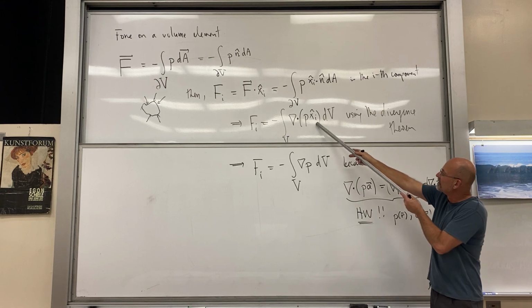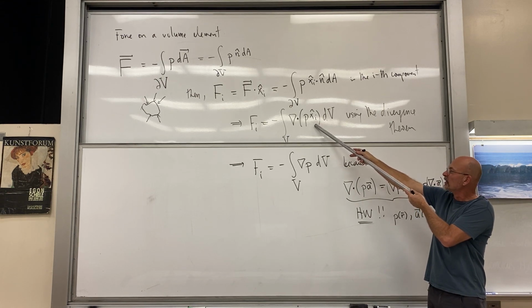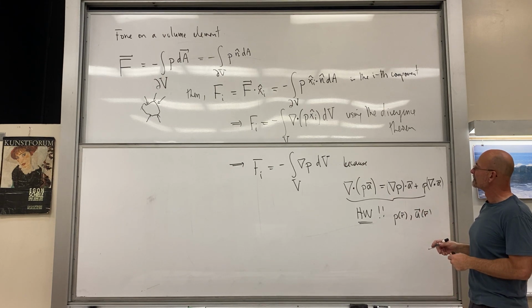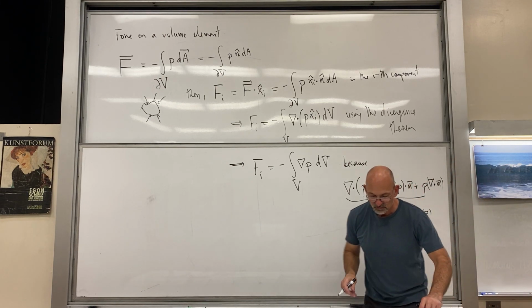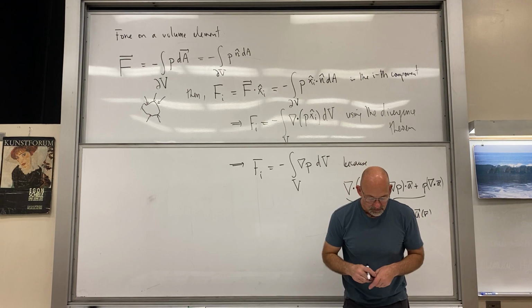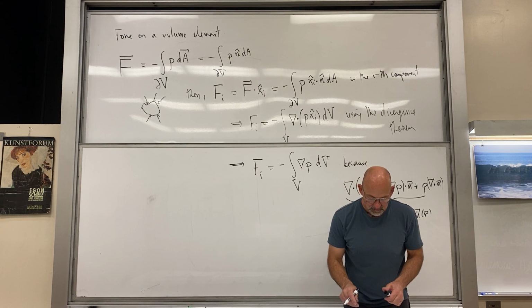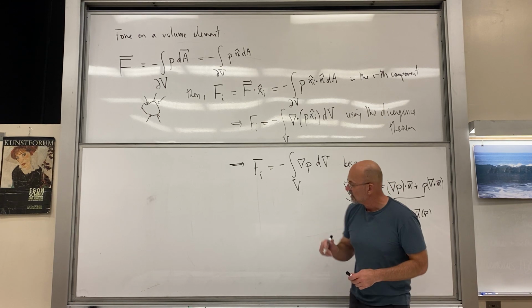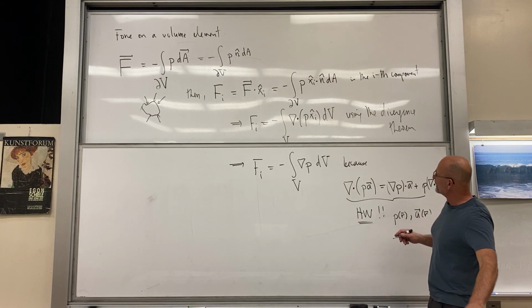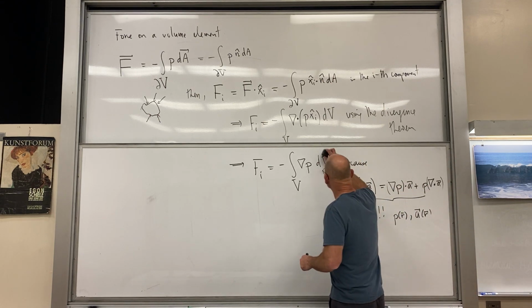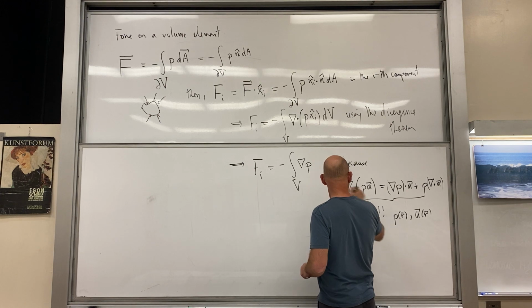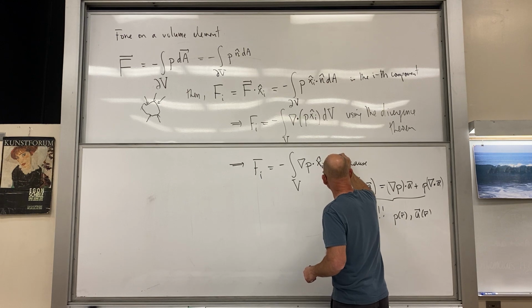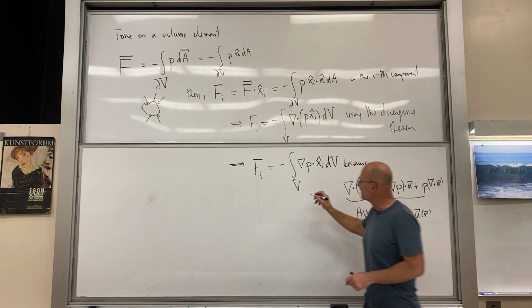Now the divergence of xi hat, that's just a constant vector, so that divergence vanishes, and that's why we have this right here. And oh, one more step, because we said we have to dot it into xi hat. And so that means we have